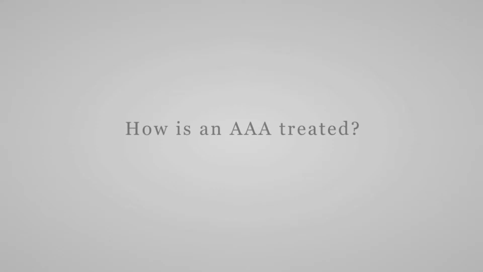For small aneurysms, and a small aneurysm is certainly anything less than 5 centimeters in a male or 4.5 centimeters in a female, we follow those. The best means of following those is with abdominal aortic ultrasound. As they get larger, for more definition to determine how we can fix them, we use CT scans. A CT scan gives a better evaluation of the anatomy of the aorta, and it helps us to determine the best way to fix it.